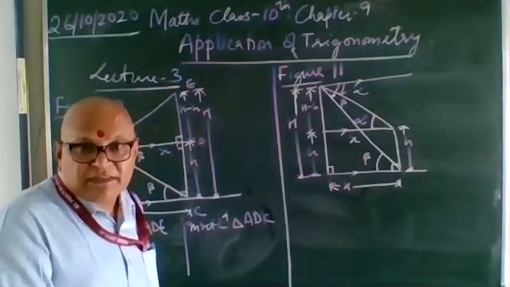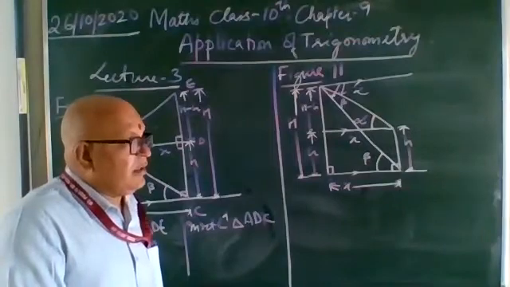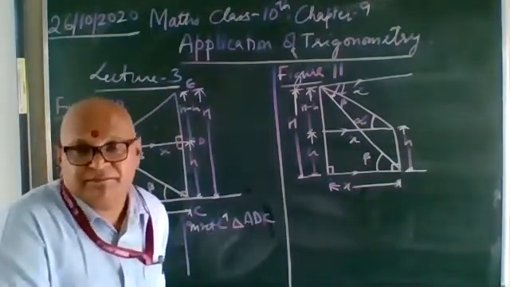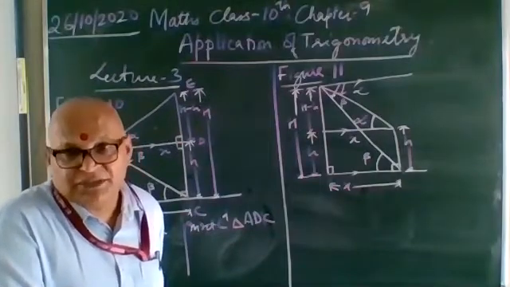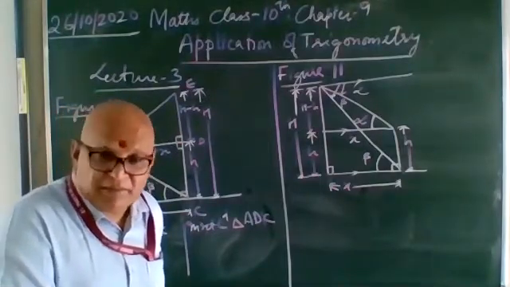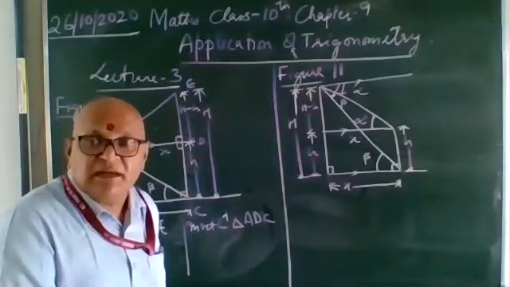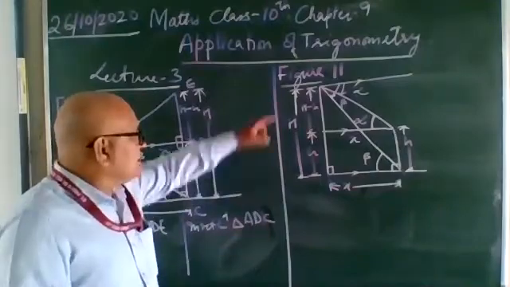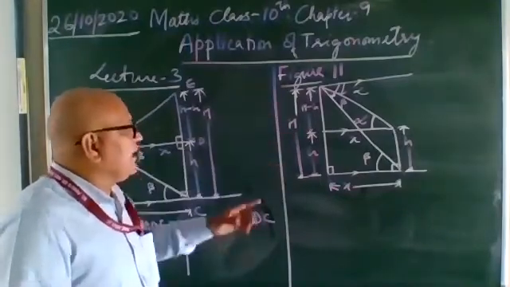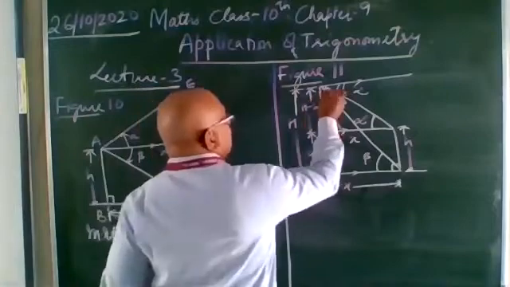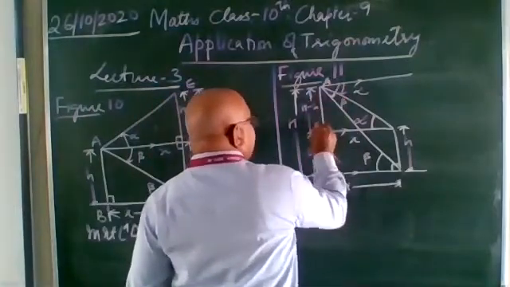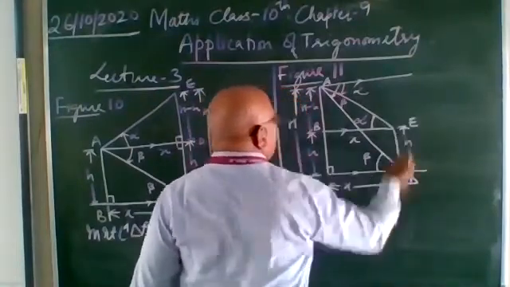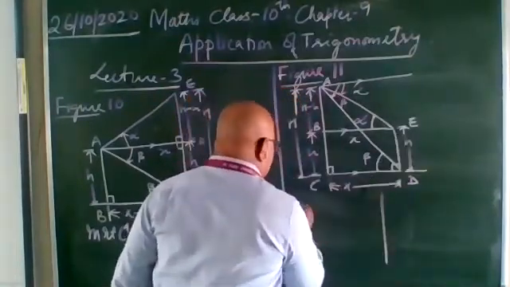Now, a tower is always high, and then the building. But if I compare with the multi-story building, then there is a change. Multi-story building height is more than the tower. So you can say that. So figure number 11, this is the figure. Again here, if I name the figure, this will be A, this is B, this is C, and this is D and E.